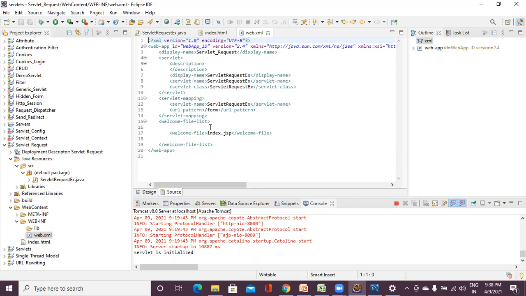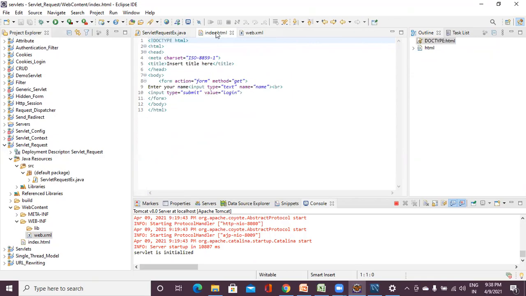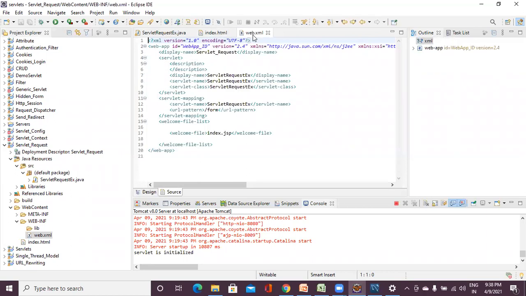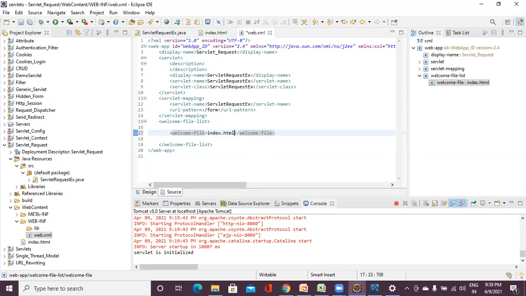Then inside the welcome file list, if you have an index.html, then inside web.xml you need to mention the welcome file list as index.html. So first the web.xml checks whether the request is for a particular servlet, then it goes to the